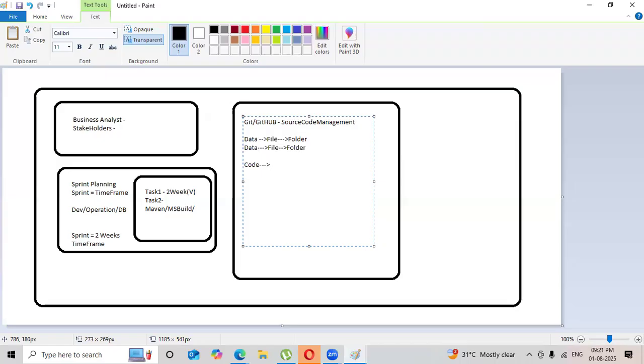For example, in my environment, I have multiple environments like development, QA, UAT, pre-prod, and then prod. I cannot push the code directly to production, which is the live environment. So once the developer writes the code, once the code is built, and once the code is successfully available to deploy, then what you need to do,